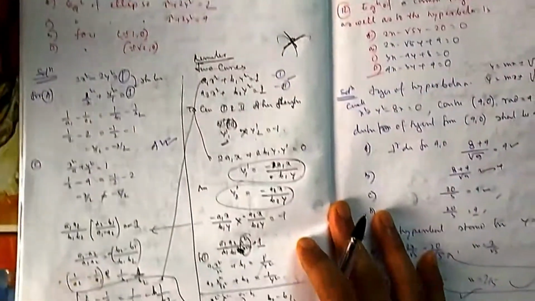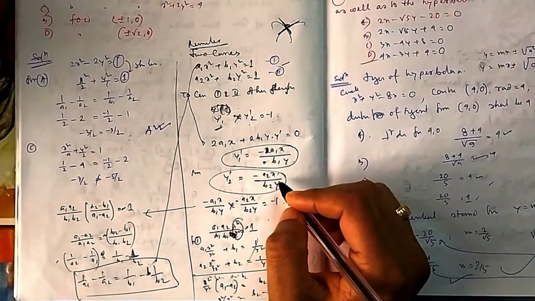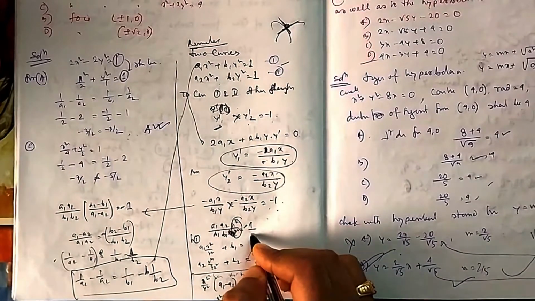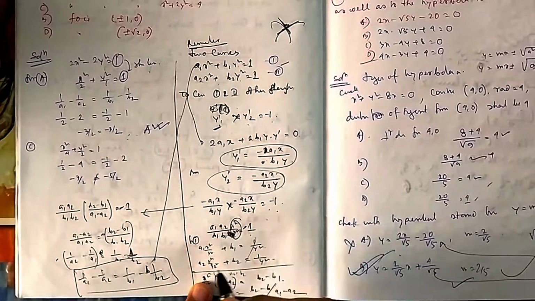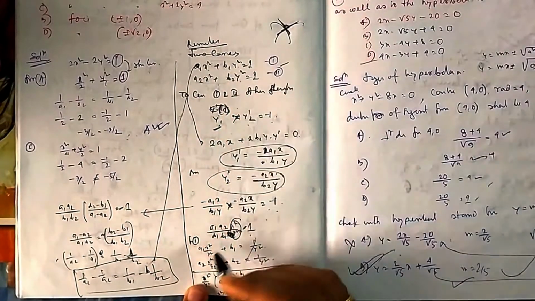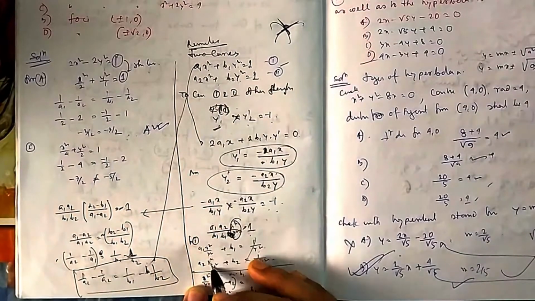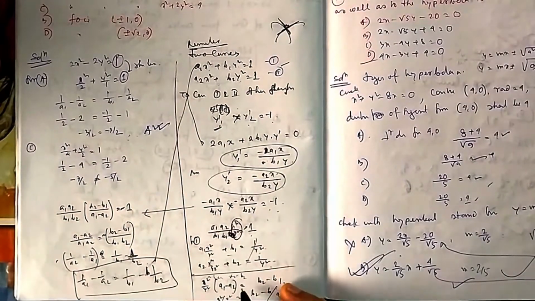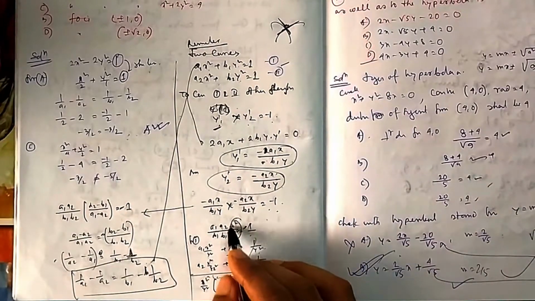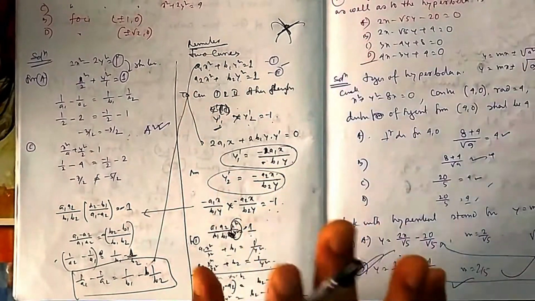Those who have not done differentiation, kindly bear with me. When you know this one, then it will be easy for you. So if you take the product of these two, that is -1. Now from this one you can find what x square by y square is. If you divide it by y square, you can find your x square by y square in this fashion. If you divide this one also by y square, you will find this one. Then if you subtract these two, you will find x square by y square. Why am I doing this? Because I need to put x square by y square here, so that I find a relation between a1 a2 and b1 b2. That is my idea.